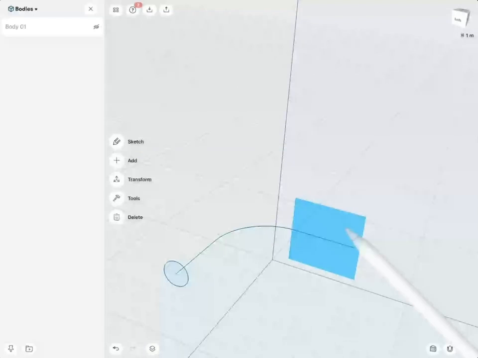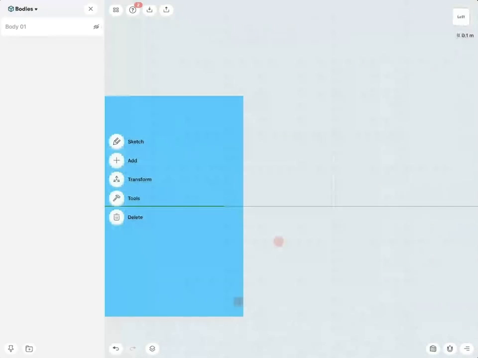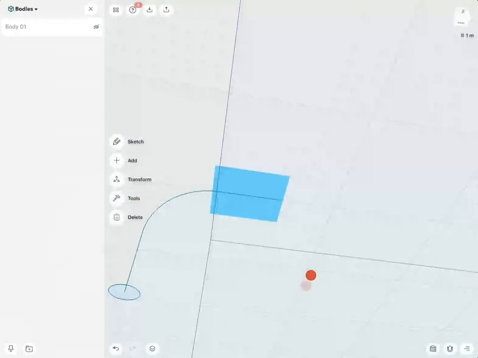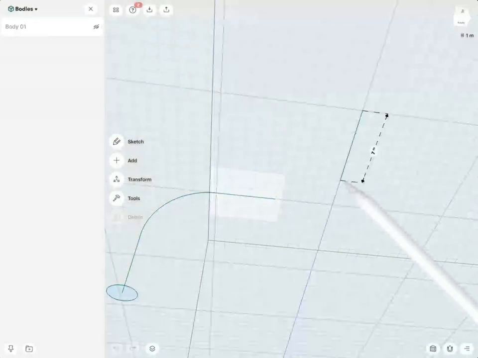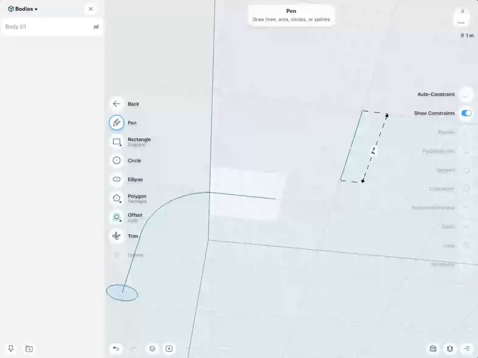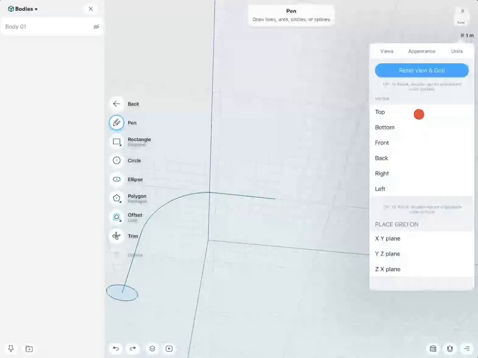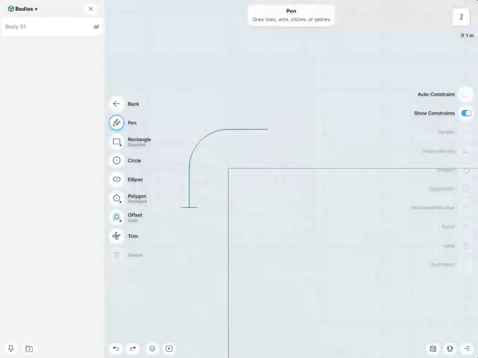Then I could select this construction plane with my finger, double tap there, and now I could try to create a sketch that flows into it. But what will be a lot easier, if I know the dimensions, etc.,